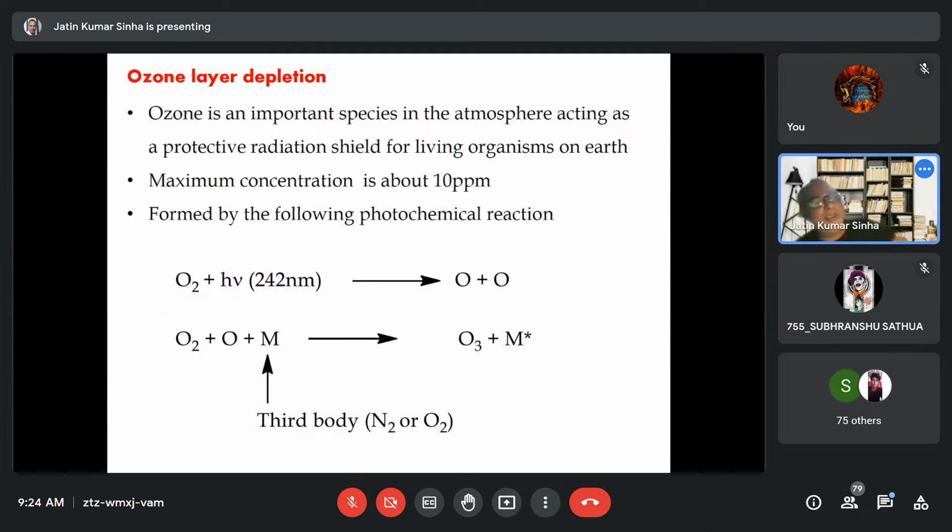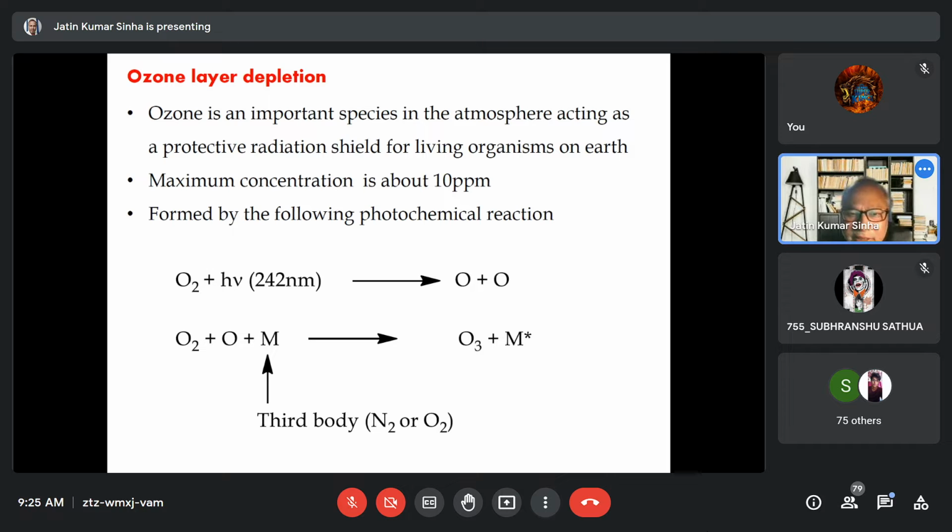So the next is, due to air pollution, what are the global effects or global problems we have? One of them is ozone layer depletion. We'll be discussing which air pollutants are responsible for the depletion of the ozone layer. Now we know that ozone is an important species in the atmosphere, acting as a protective layer. It filters out all the toxic radiation from the sunlight,